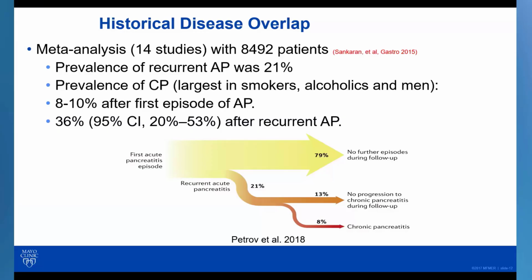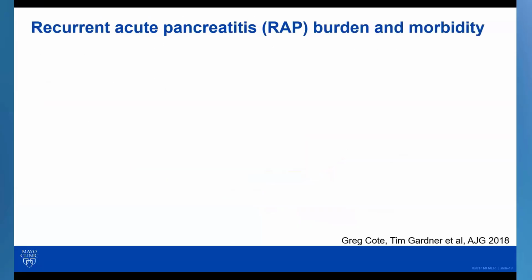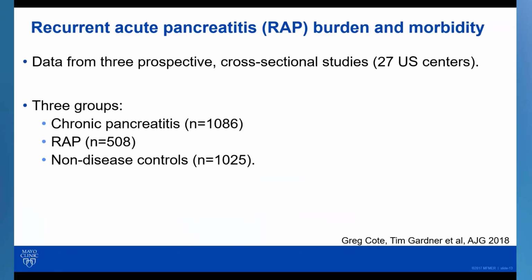Recurrent acute pancreatitis per se, even in the idiopathic state, can transition to chronic pancreatitis in about 36% of the time. So one third of patients could transition from recurrent acute, even if it's idiopathic, all the way into chronic pancreatitis. So therefore, we understand that acute as well as recurrent acute pancreatitis is still as morbid as chronic pancreatitis because there is a likelihood of that transition to happen in